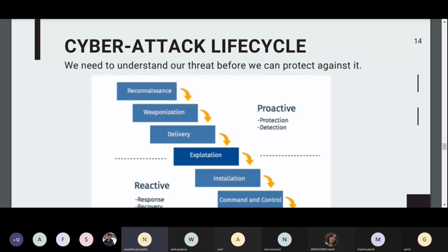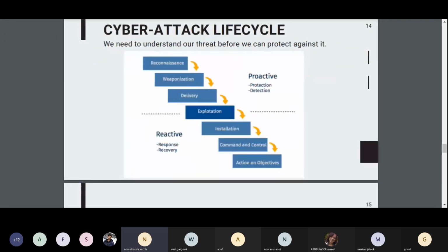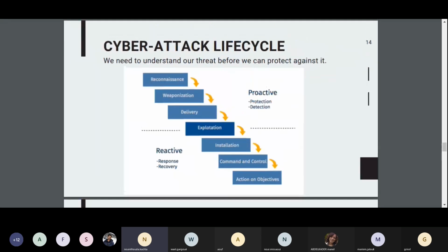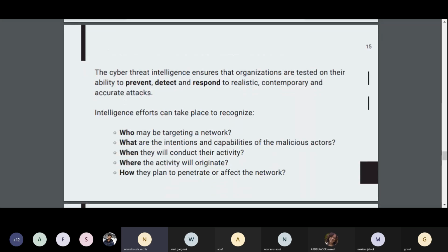First of all, in order to protect against a threat, we need to understand it. This figure depicts the 7 phases of a cyber attack. We have the proactive phase, which is the reconnaissance, weaponization, and delivery, and then the reactive side: exploitation, installation, command and control, action on objective. The cyber threat intelligence ensures that the organizations are tested on their ability to prevent,